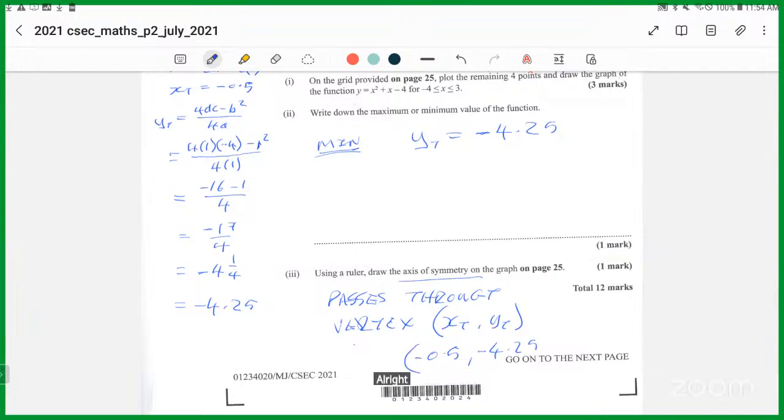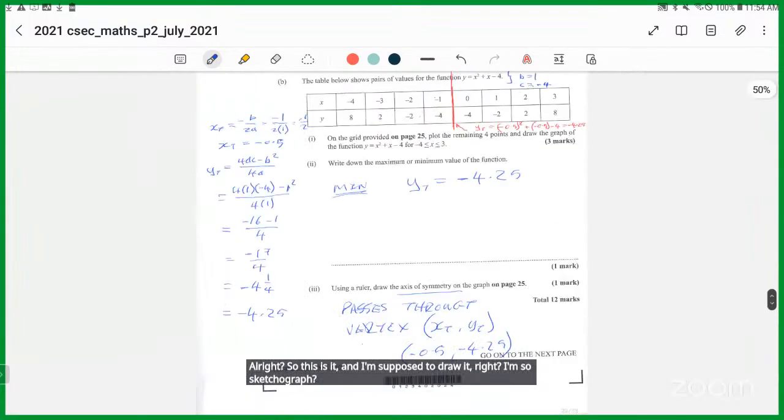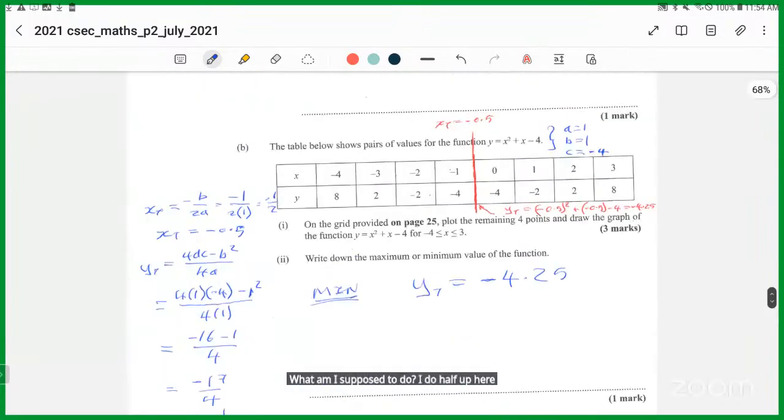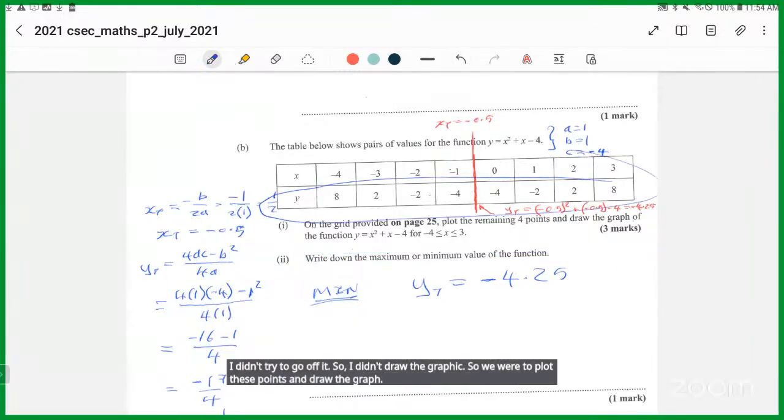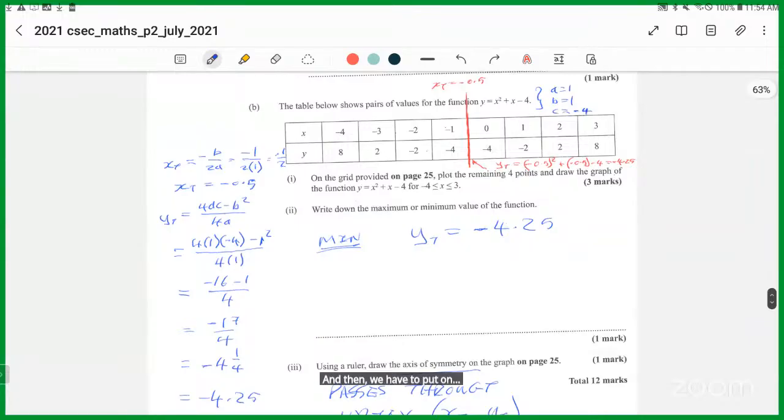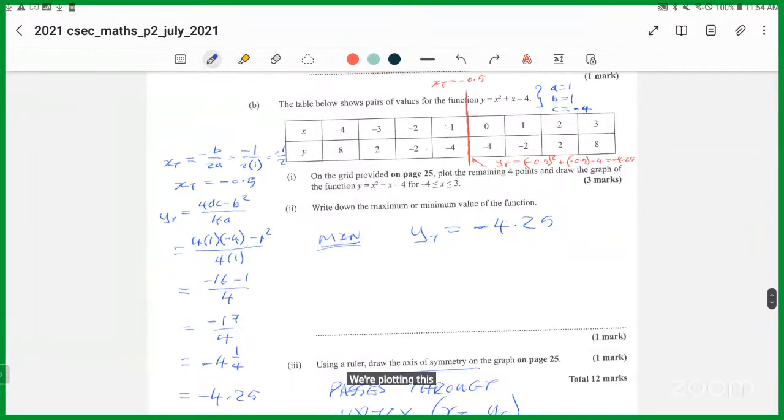All right, so this is it, and they must draw it. They say sketch the graph, or they must draw the graph up here. We didn't draw the graph yet. So we have to plot these points and draw the graph, and then we have to put on the axis. So the important thing with plotting this graph, guys, so listen good now,